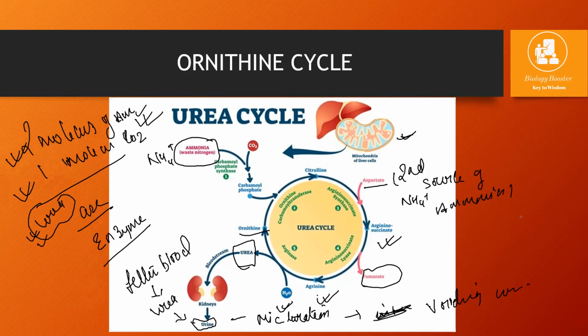So this is how the ornithine cycle is performed inside the liver mitochondria, and then by excreting out the urea, it is given to the bloodstream, and via blood it is given to kidneys. Kidneys are filtering the blood, taking the urea out, and via the excretory process, which we will of course discuss in the kidney anatomy and physiology, we will understand how urea is taken out from the blood. Okay, and then how it is there in urine and how it is excreted out of the body. We will study this later on.